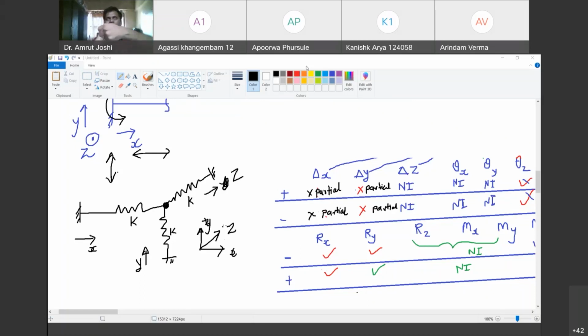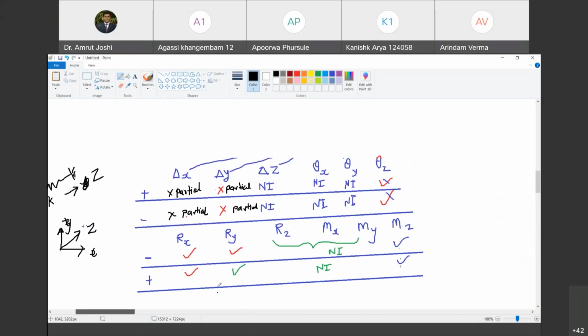And it is also going to resist partially that twisting. Do you agree with me? So therefore, theta z is also partially restrained on account of this spring. Happy? So there is a partial restraint on theta z, and there is a partial restraint on theta z minus. So clockwise and anti-clockwise, it is partially restrained, partially allowed.